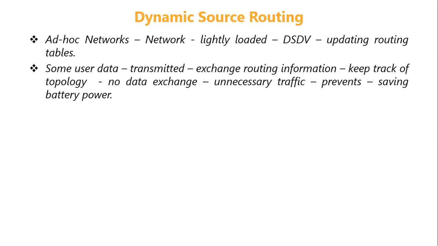Considering all these issues, to avoid the unnecessary transfer of information for updating the routing table even for slight changes, and to avoid transmission of unnecessary content even when the network is lightly loaded, we are going for the next routing algorithm, which is called the dynamic source routing algorithm. So this particular algorithm